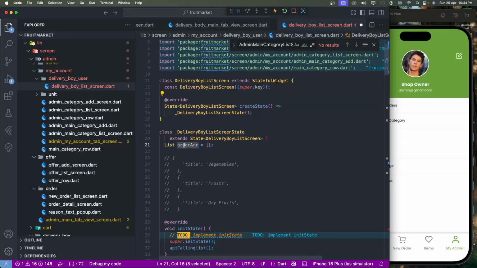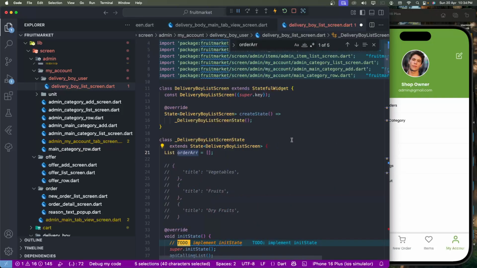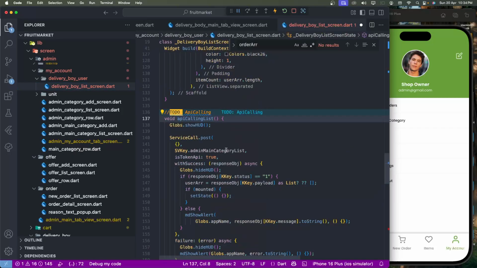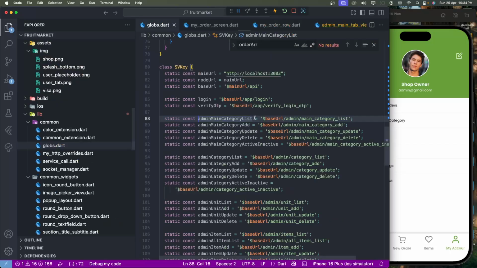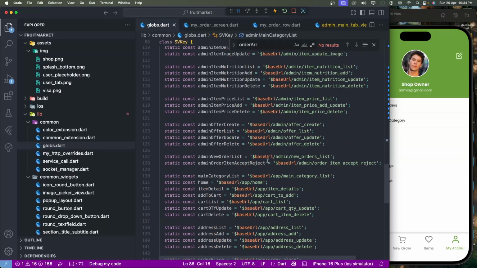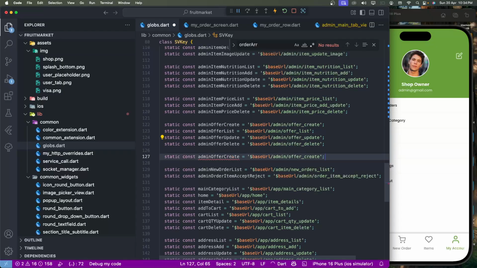So we need to show here, in order to write down here the user array like here, and we need to go to API call definitions, and we need to change these API names. We need them related to delivery boys. Need to create here, copy, and paste this here. So now we need to call here the delivery boy list API, admin API. Need to put here